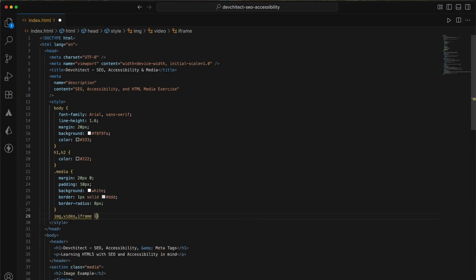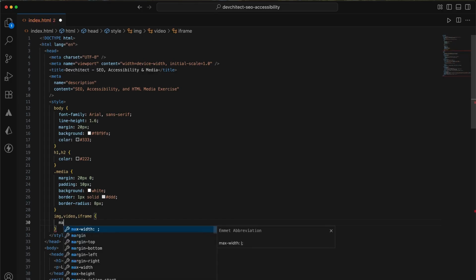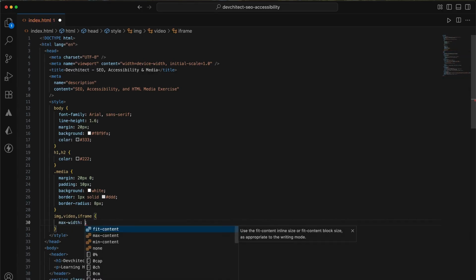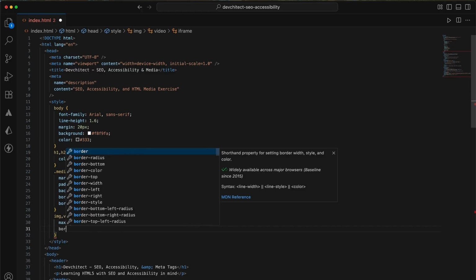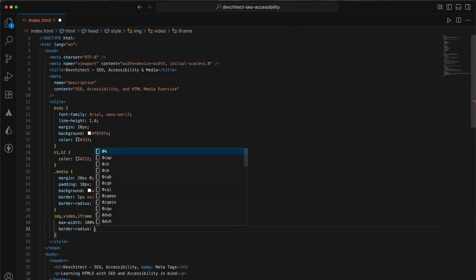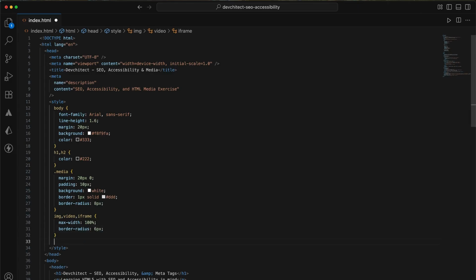That way they never overflow their containers. They get a slight corner radius, and they're displayed as block elements so they sit neatly on the page.